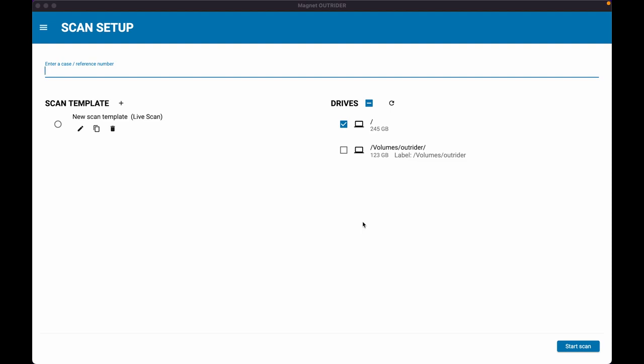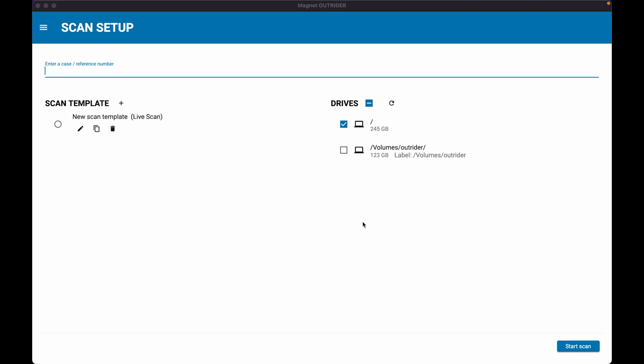I'm Trey Amick for Magnet Forensics, and today I want to highlight Magnet OUTRIDER version 3. As you may have noticed, I'm not triaging a Windows box today. That's right, version 3 of OUTRIDER is a purpose-built triage tool for Macs. Let's face it, when it comes to investigating Macs, it's really never been easy, but with OUTRIDER, we've made it